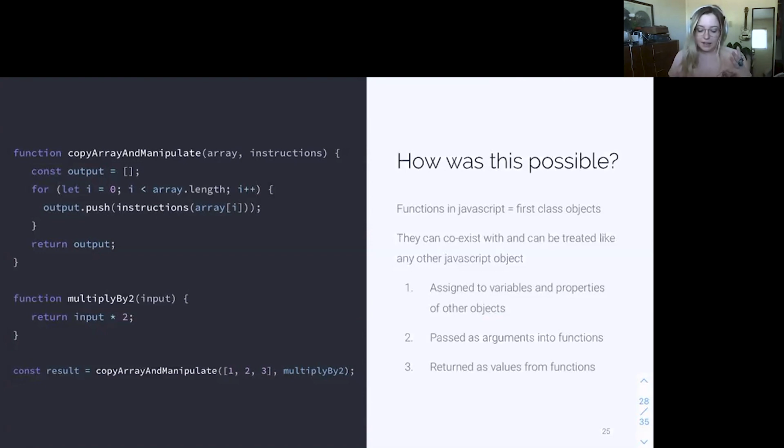We can assign them to variables. We can assign them as properties to other objects. They can be passed as arguments into functions, and they can be returned as values from functions. So this is a really powerful thing. Like I said earlier, you can write a function and you don't have to define what the functionality is when you first write it. Instead, you can leave a placeholder and let that functionality be defined when the actual function is called,